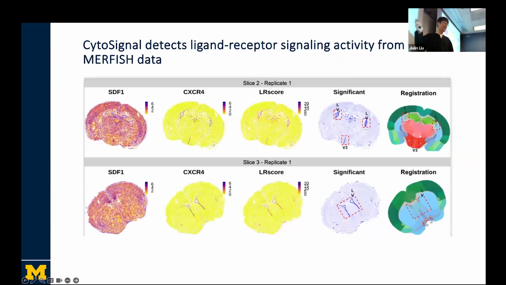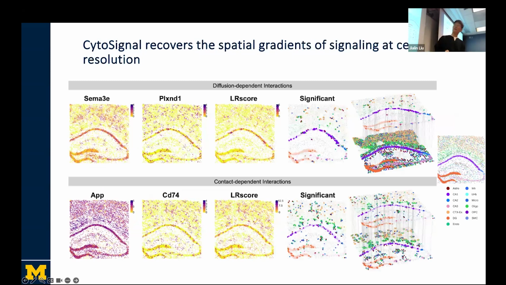And another example is MERFISH. This is another classic technique, a fluorescence probe based technique, which is a little bit different from 10x Visium, which is based on barcode capturing. But we can still do it and identify some really interesting signal enrichment in the lateral ventricles in the brain. And of course, another example is STARmap PLUS. It's another fluorescence-based protocol, and we identify some really interesting things there.